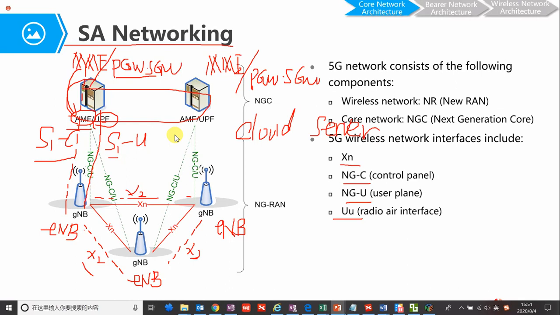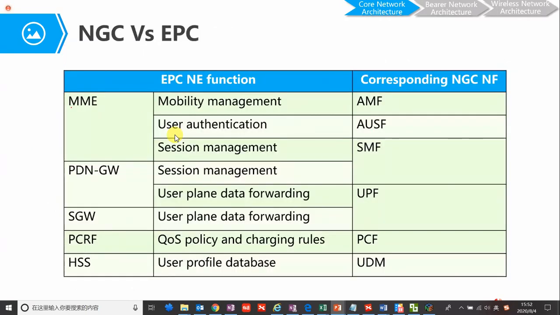MME function is converted into AMF, like this one.